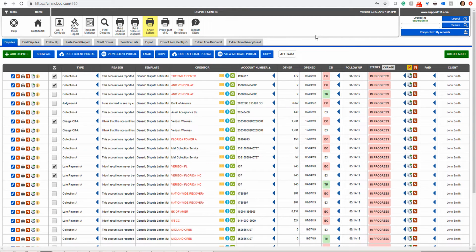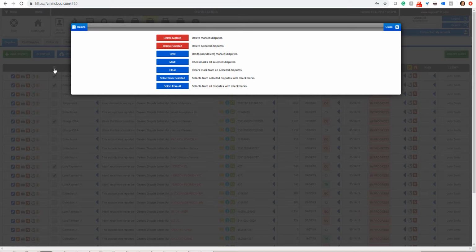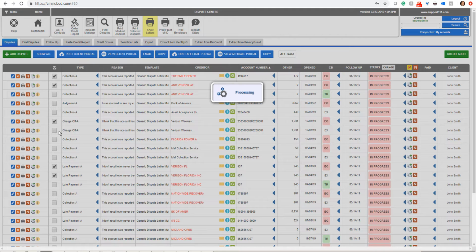And then the next month, and this is another important thing, as I mentioned, you can do it automatically again just by clicking extract from IdentityIQ, etc., or Privacy Guard or ProCredit, and potentially in the near future from SmartCredit and MyFreeScoreNow. But you can do it with one click, but assuming that the person does not have a monitoring service, so didn't want to pay for continuous monitoring, it's possible to, for example, let's pretend that we're going to select these 5